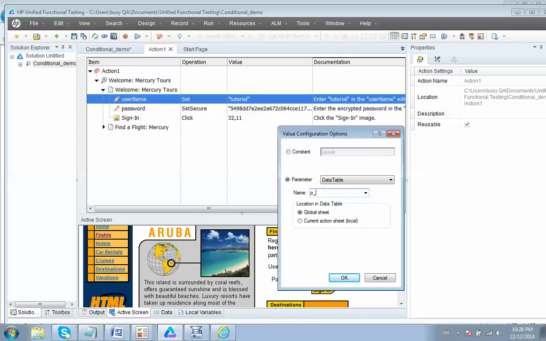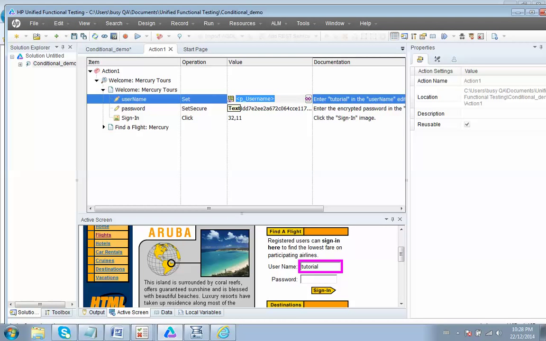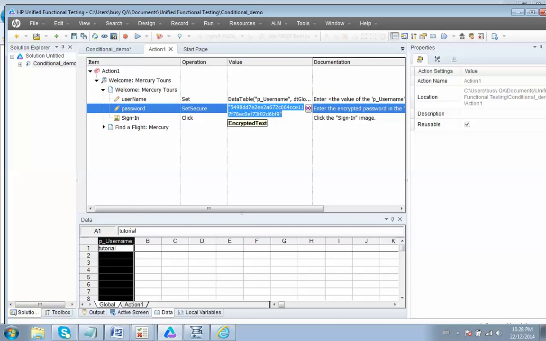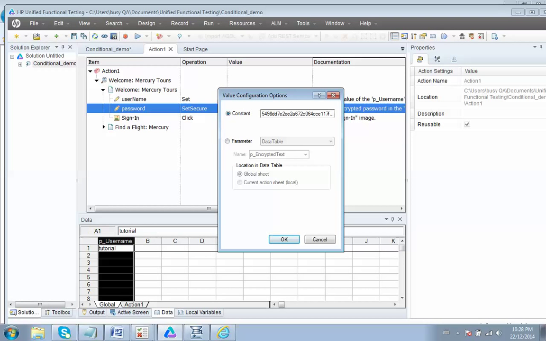So this is where you set a name for the username. I'm going to call it P username, and I'm going to say OK. Now right away you can see in the data screen that I have a P username. I will do the same thing for my password, where I'm going to set a parameter and call it P password,